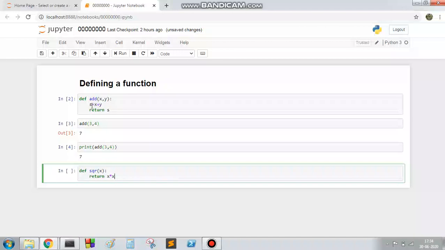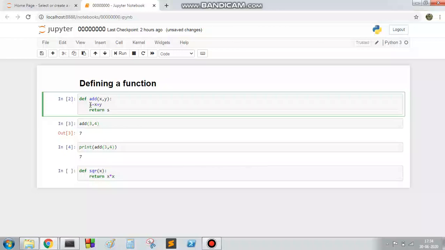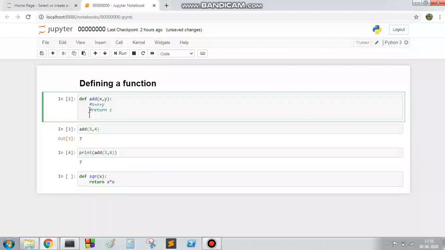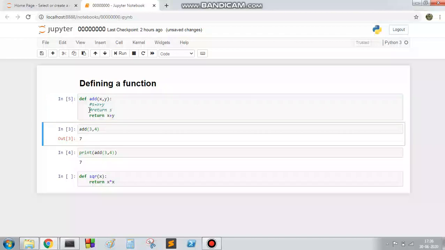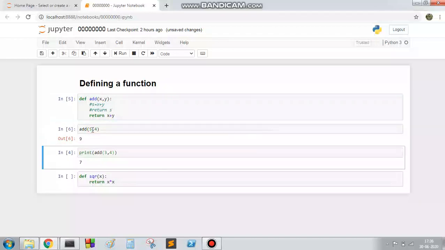You can directly remove these two lines and return x plus y. Okay, so now this is the code. If I put here 5 and 4, this will give me 9.